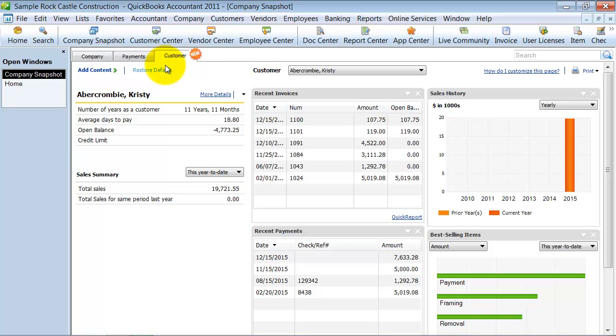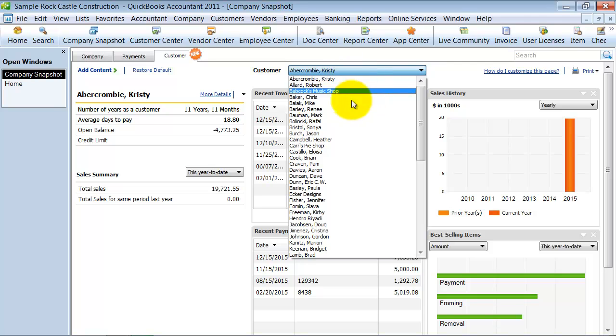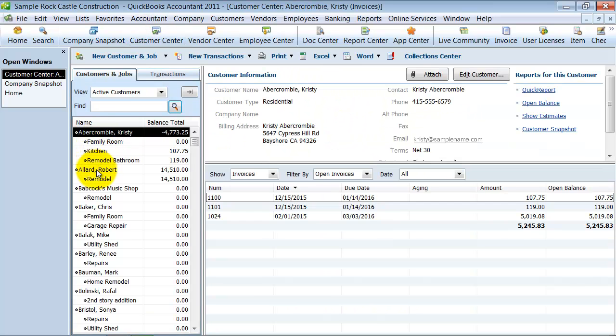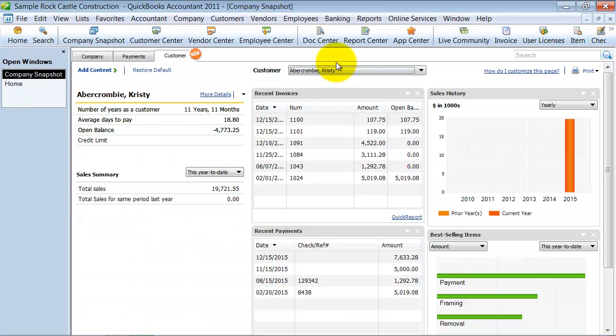The last tab that we have is the customer tab. Now this tab is just for the customers, not the jobs, not the subs under the customer, just the customer as a whole. So again, you see Christy Abercrombie here. If I go to Customer Center, there's a couple jobs under her, but this is looking at the customer as a whole. So what this is saying is Christy's been a customer for 11 years and 11 months. Her average days to pay is 18.8, it does track average days to pay, and there's a report on that too. Her open balance is